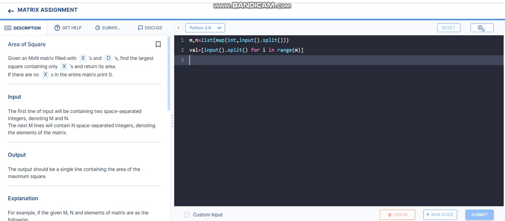M rows are there, so those many inputs we have to take, right? So after that, array arr is equal to